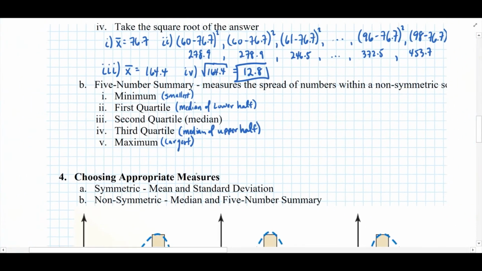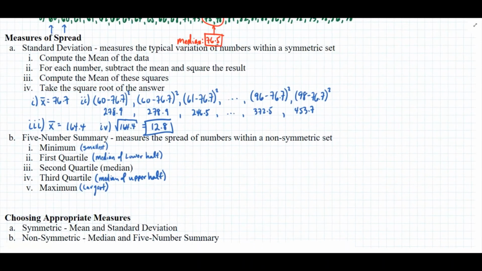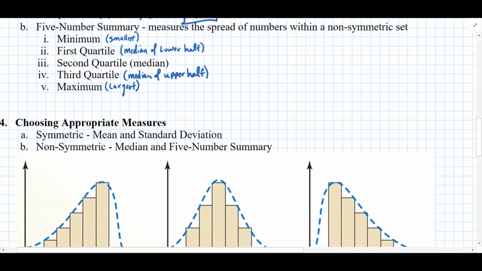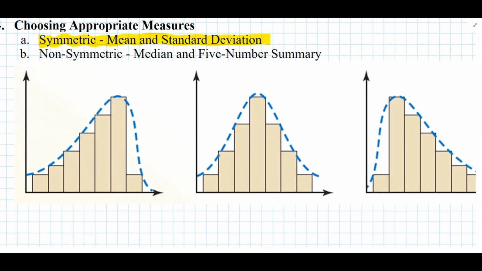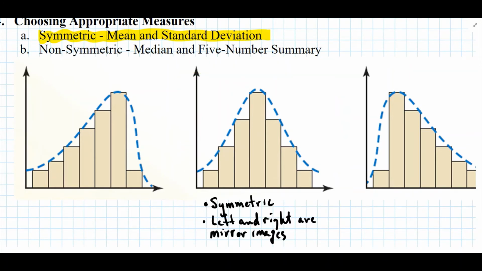Usually, we would use the mean to describe the center and the standard deviation to describe the spread for data that appears symmetric. That is, when the data to the right and left of center are approximately mirror images of one another. This would also include data bars that are all close to the same height, or a uniform distribution, which is